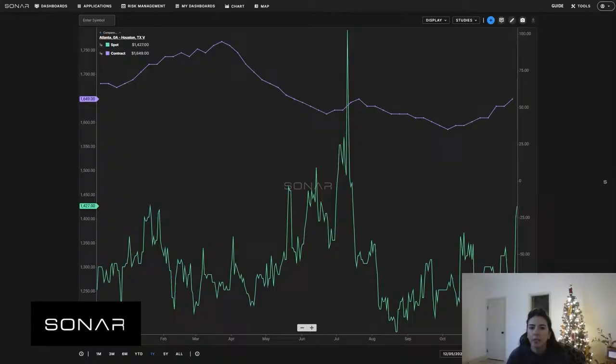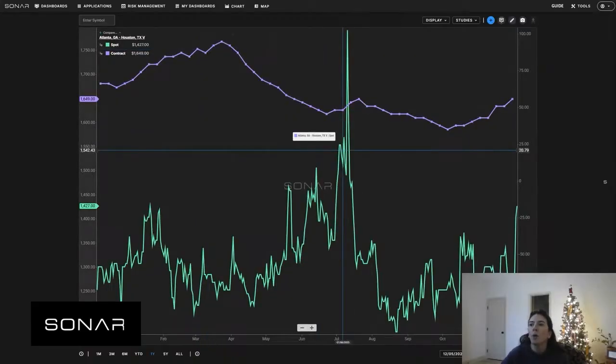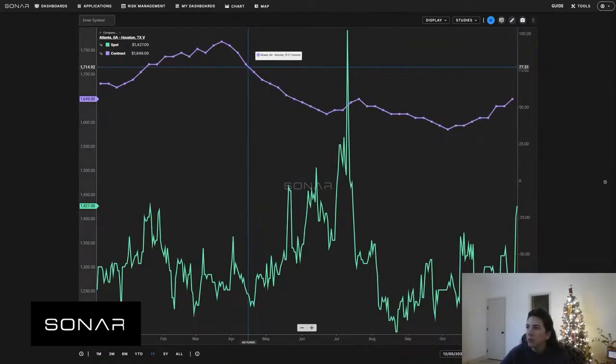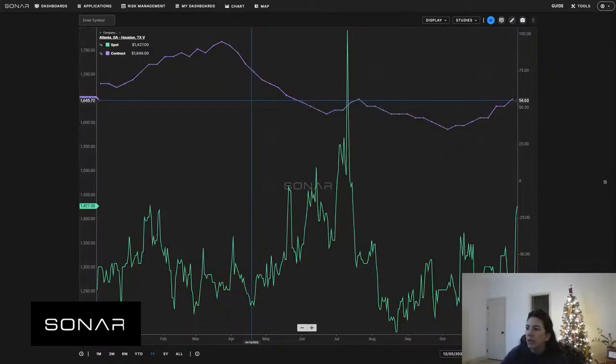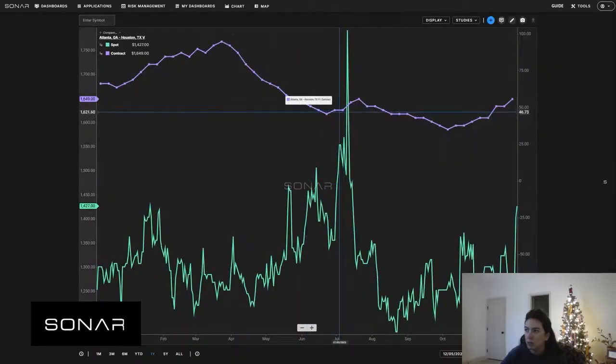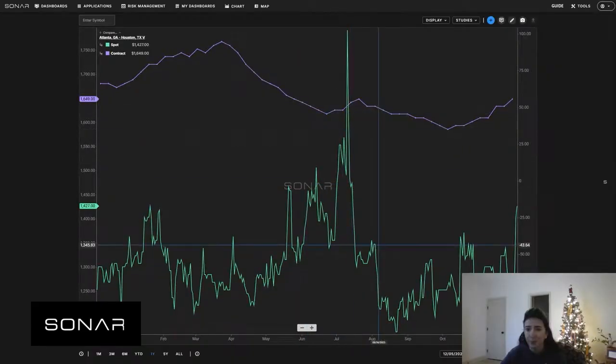So at first glance, this allows you to compare the spot and contract rates and the spread between the two. Contract rates are going to be here in purple, and then the green line is going to be those spot rates. Both rates are going to be produced in an all-in format, so they are inclusive of fuel. In this environment, currently, contract rates are more elevated, so they are typically higher than your spot rates. However, it's great to see if there's a certain time of year that your spot rates start to creep up on those contract rates,